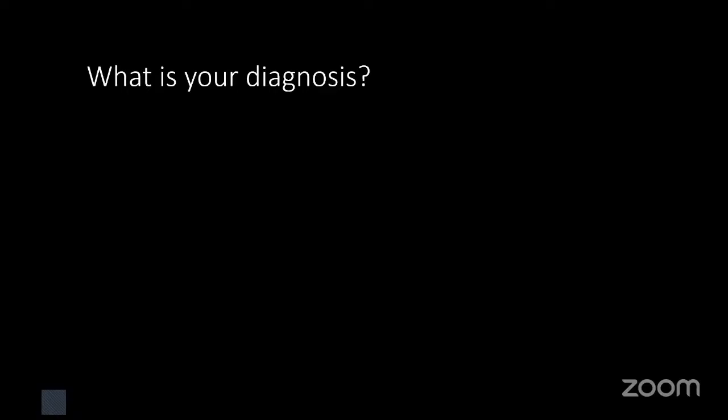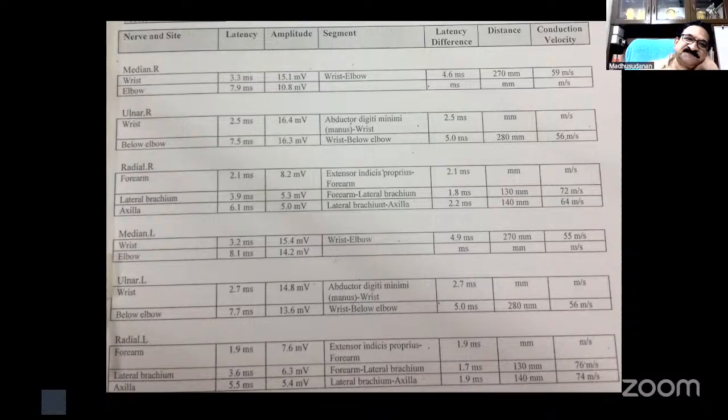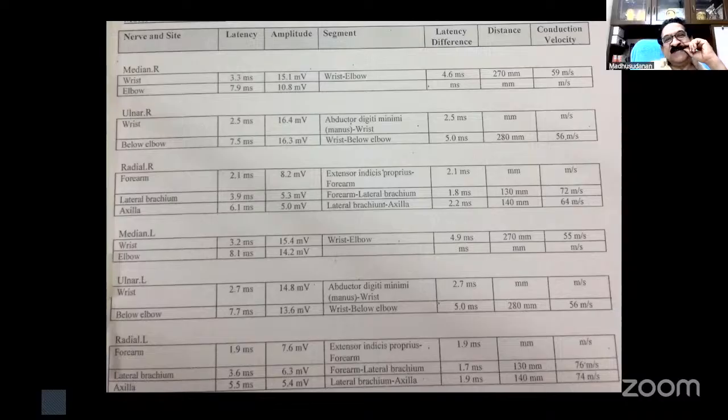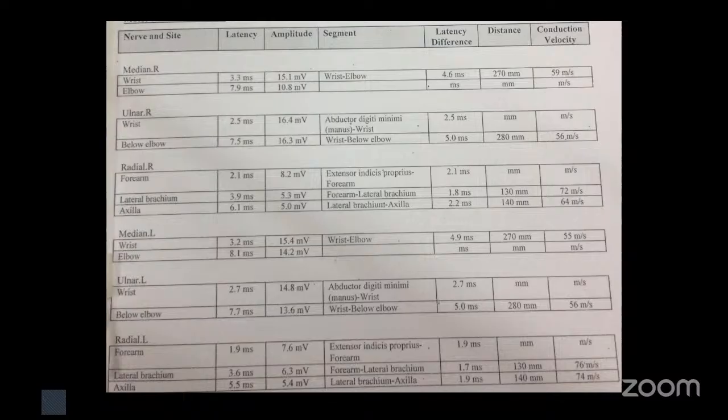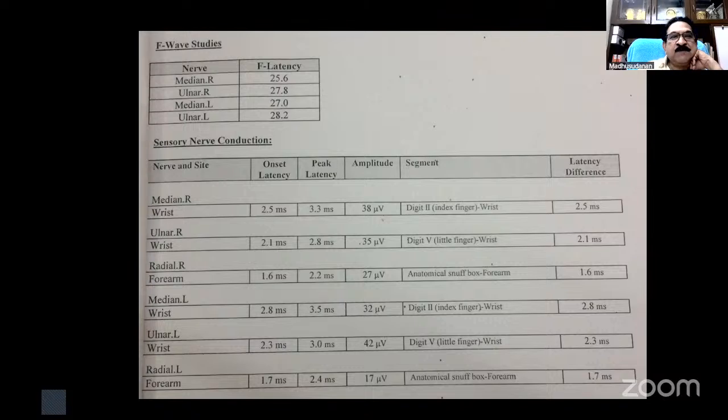Conduction block at the level distal to the spiral groove. Yeah, that depends upon the points of stimulation, sir. That depends upon the site of pathology. Let us see. This patient had normal conduction. No block anywhere. The NCS was done later, 2 weeks later. Radial SNAP, sir. Radial SNAP, I'll show you. That is radial SNAP normal.